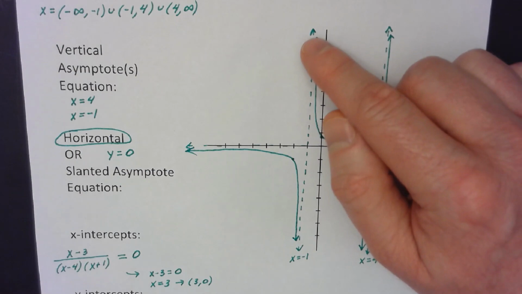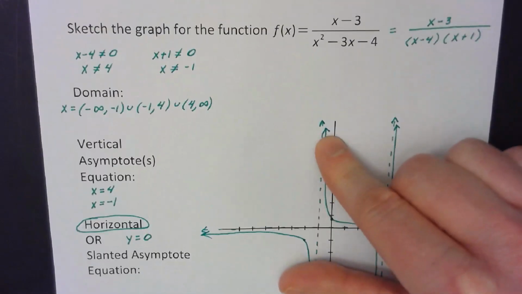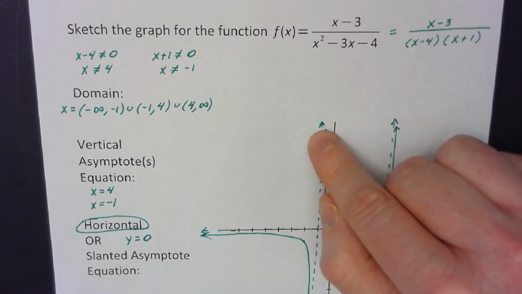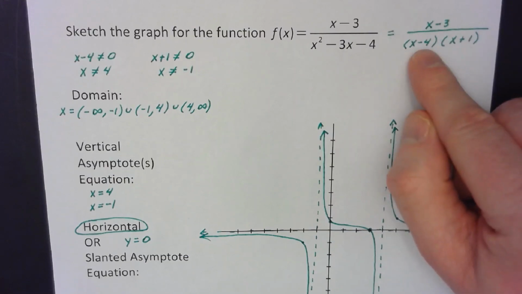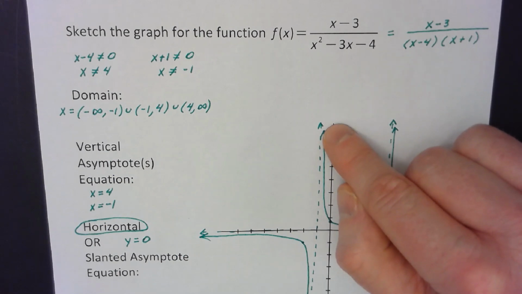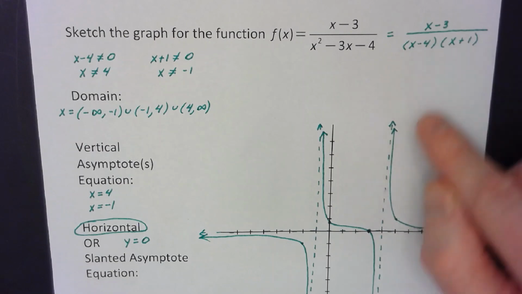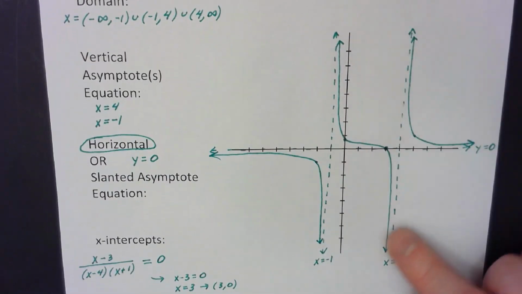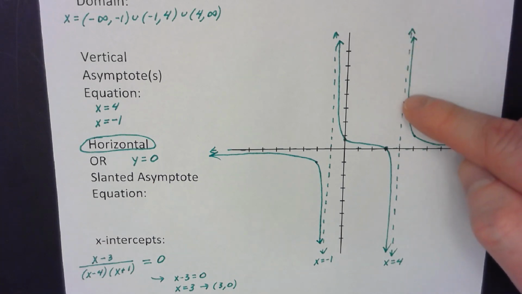Now, anytime the asymptotes that you have come from a factor of degree 1, then there's always going to be opposite behavior on one side of the asymptote to the other. So the factor that generated the asymptote at negative 1 was degree 1. The factor that generated the asymptote at 4 was also degree 1. All that means, guys, is that you're going to have opposite behavior on each side of the asymptote. So if this side goes down, the other side's going to go up,